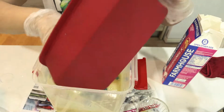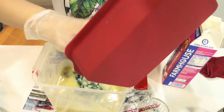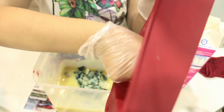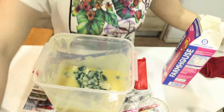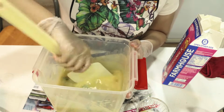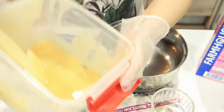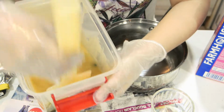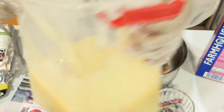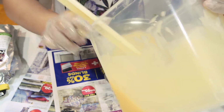All this goes in. I don't know what's going to happen to it. Nothing might. This is all really an experiment. So I really don't know what's going to happen to these embeds and how they're going to work out in there. The soap is kind of thickening up, but I still feel like the embeds are stuck at the bottom. So I'm going to pour out some of the soap,